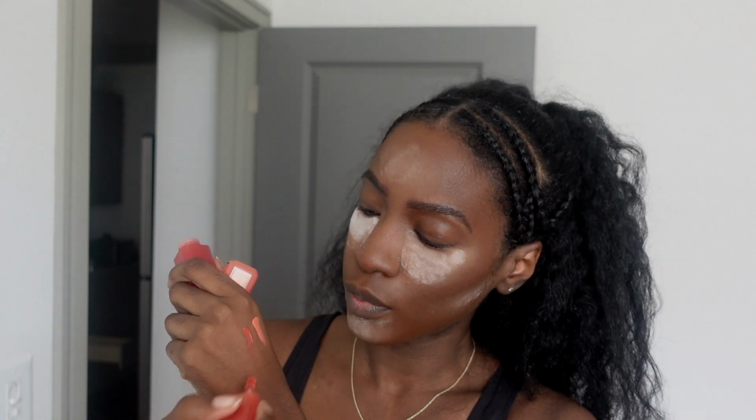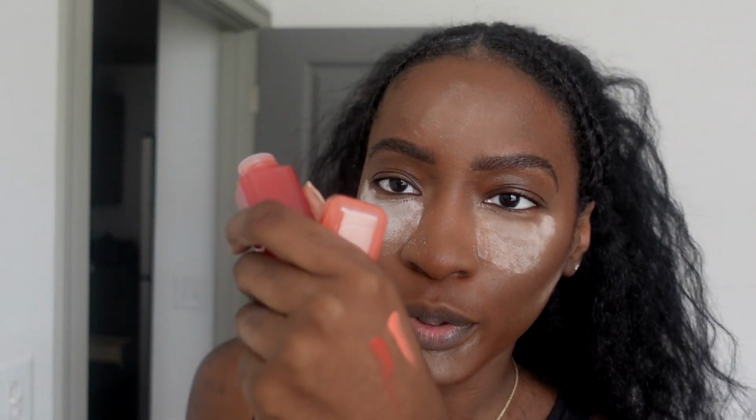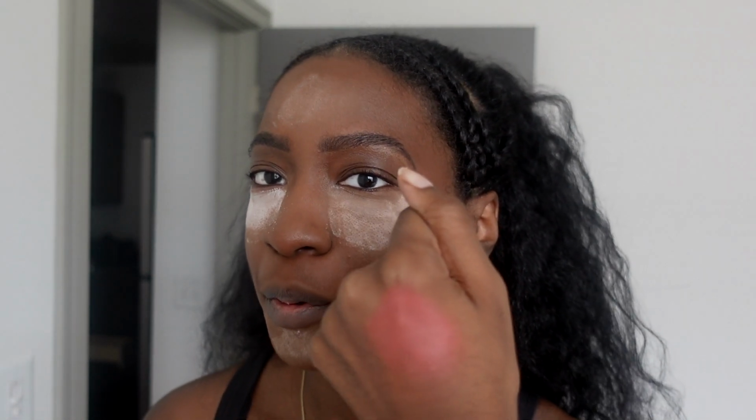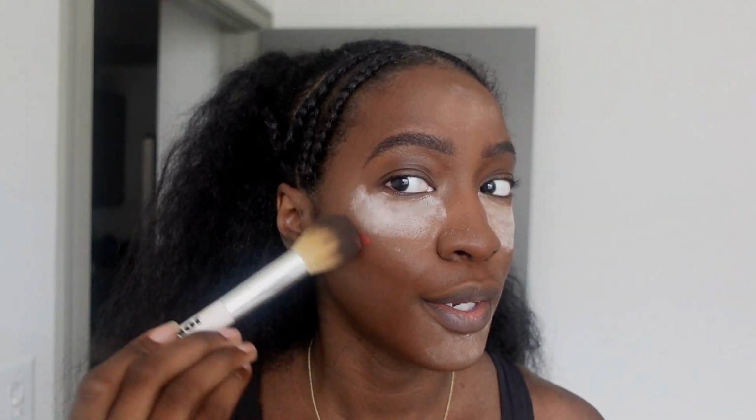So this is the first one. Okay, let's see. Oh, okay. Oh wait, so that was the peach, and then this one. Oh, yeah, it's giving, we can mix them both. Actually, what happens if I, let's put this on the face. Just to let y'all know, they smell like Jolly Ranchers, but they say all you need is 3 dots, and then